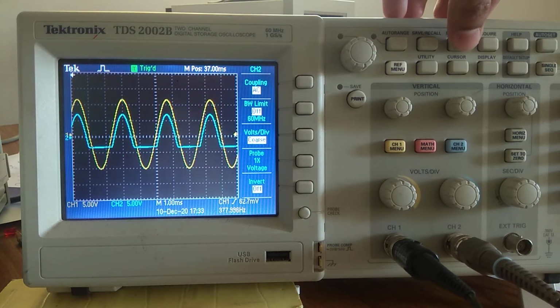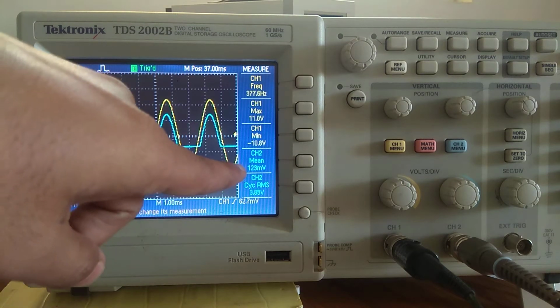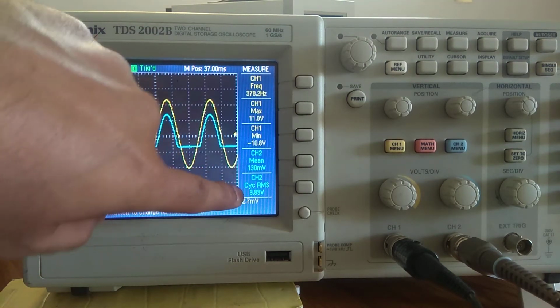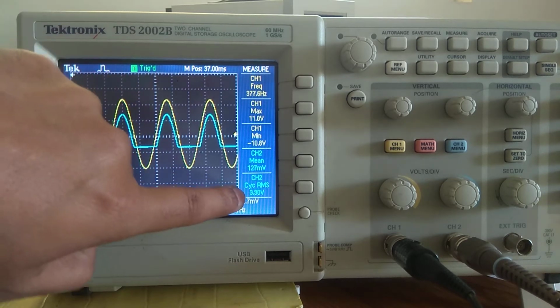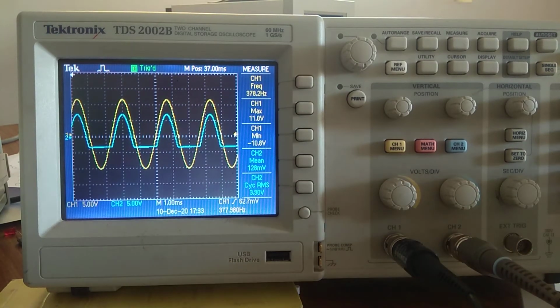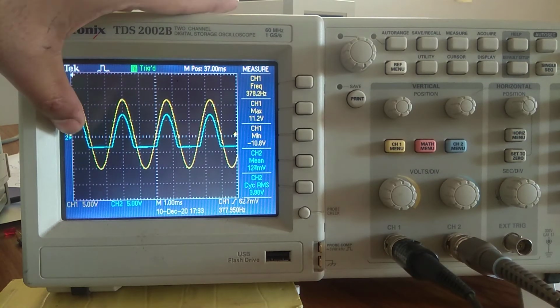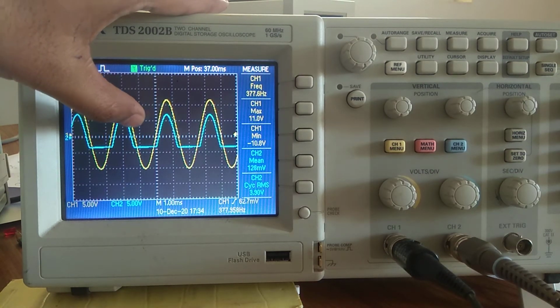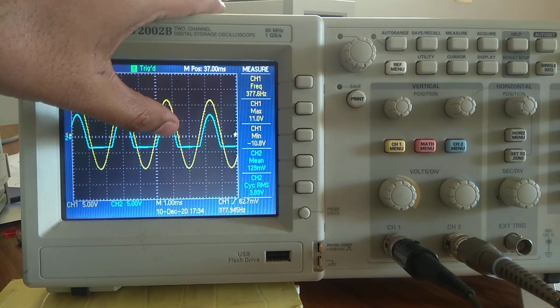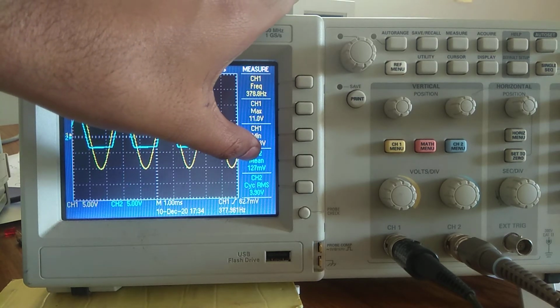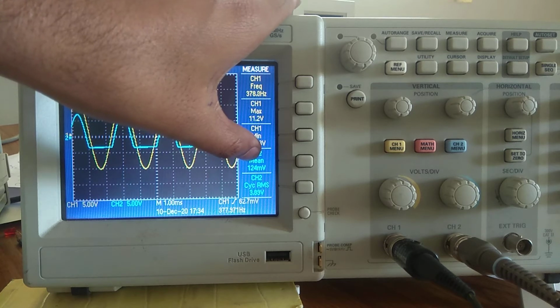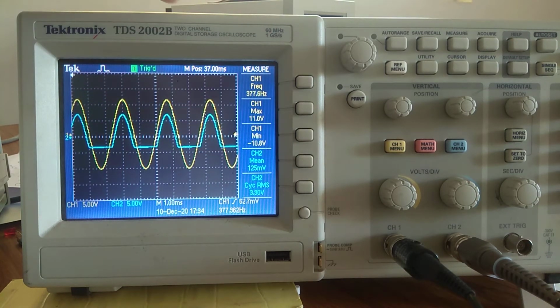Now again go to measure. If you see your VAC, this cycle RMS is nothing but your VAC. I have jotted down 3.90 for this VAC, and if you see the mean of this value, there must not be any DC component because we have just filtered out the AC. This is around 129 or 127 millivolt, which means it is almost equal to 0.